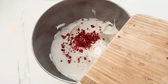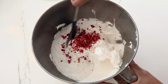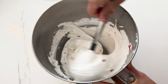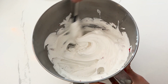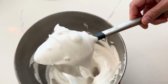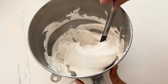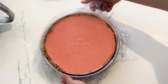So I have this Swiss meringue that I made. It's just whisking your egg whites and sugar over a double boiler until it is 160 degrees, and then you just put it in a mixer and you let it whip until it gets to medium stiff peaks, kind of like this. And then I just poured in my freeze-dried strawberries and folded it in until it's combined. So this is how it looks. It has little specks of